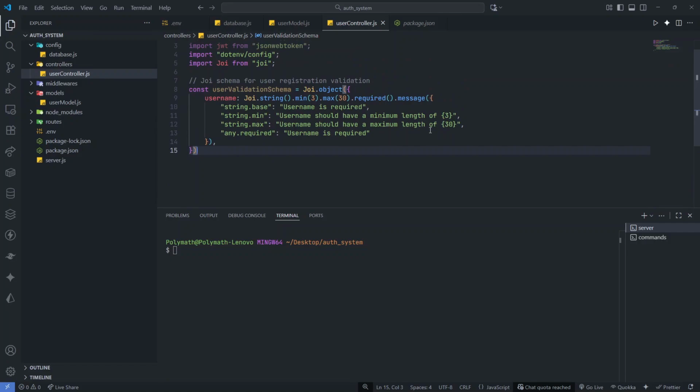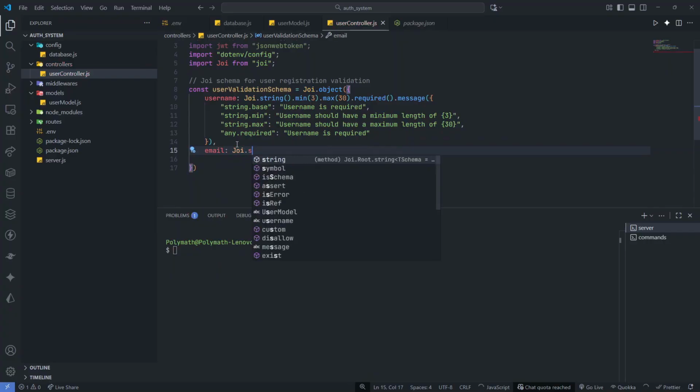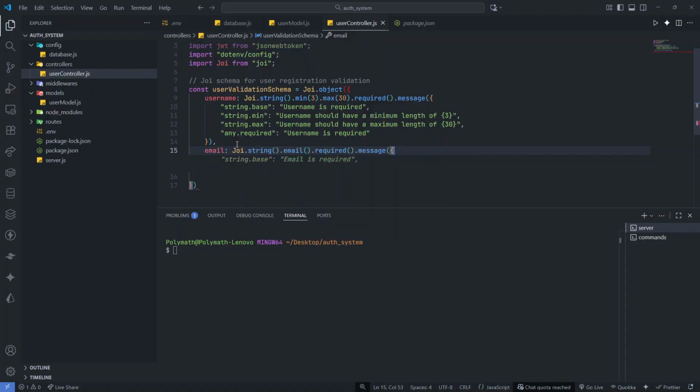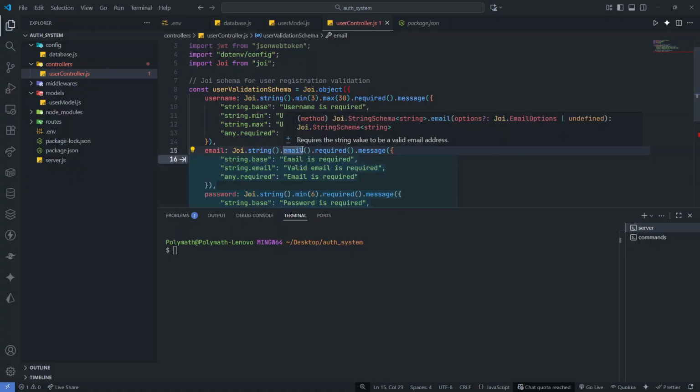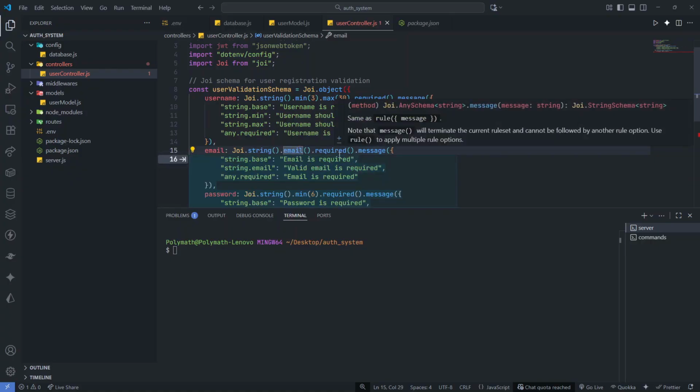Okay, so let's just rewrite everything. We'll say email, it should be Joi.string. Email is a string, and make sure that it should be an email, it should be required, and these are